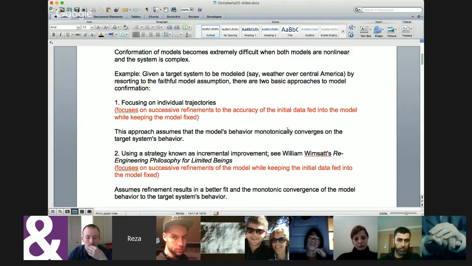Given a target system to be modeled, for example, again, weather over Central America, and invoking the faithful model assumption, there are two basic approaches to model confirmation discussed in the philosophical and scientific literature on modeling. One focuses on individual trajectories, and the other follows a strategy known as piecemeal improvement. The one that is about focusing on individual trajectories